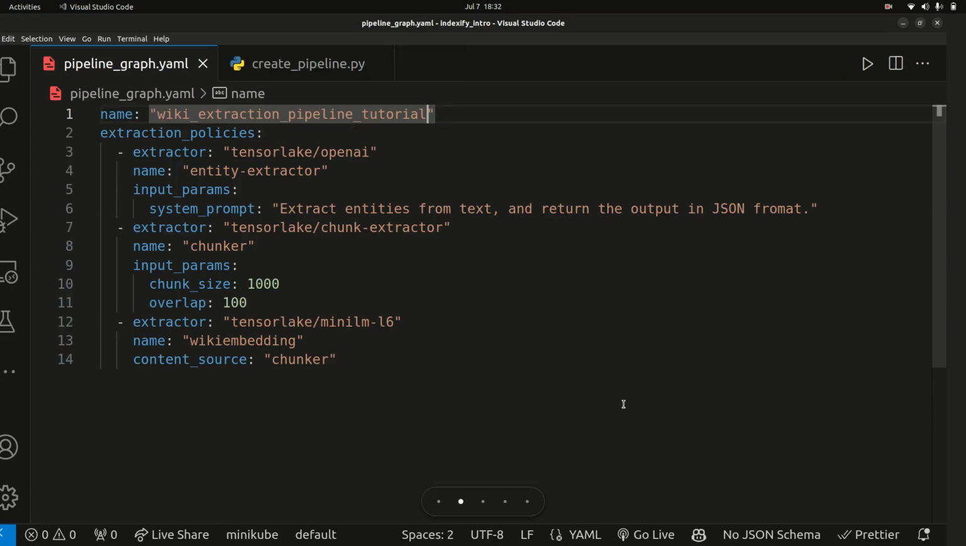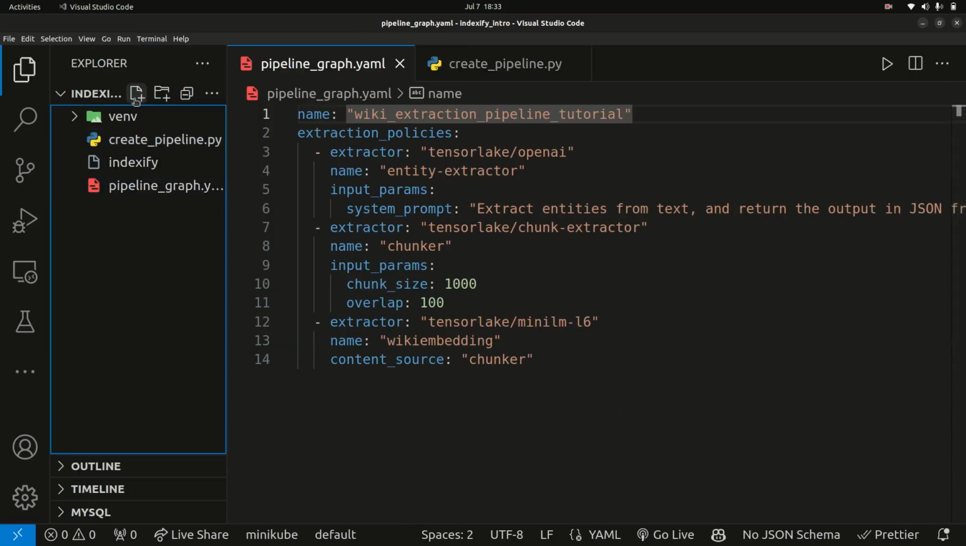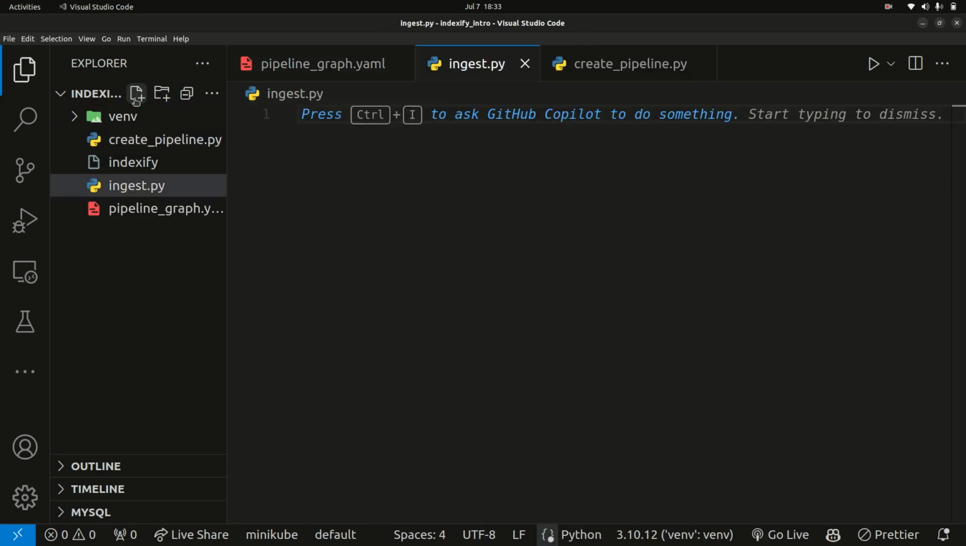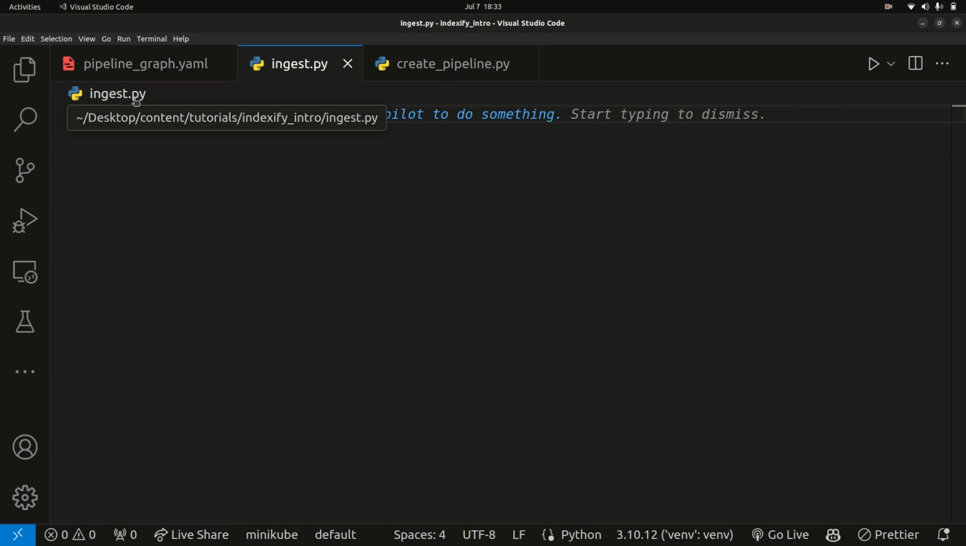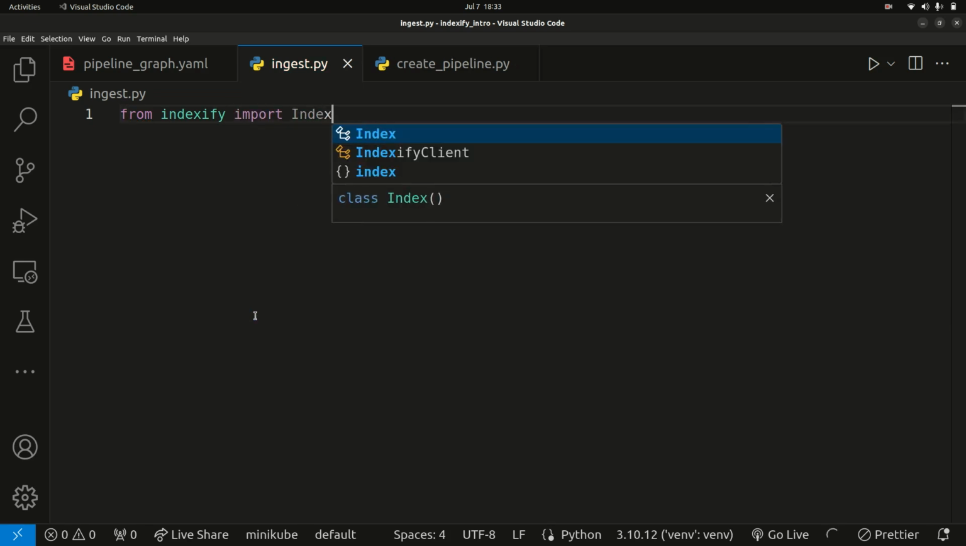Good. Once I have that, we can go back into VS Code and create a new file right here. I'm going to open my side panel and simply say ingest.py, and then close the side panel. Okay, so I'm going to add in a bunch of code. I'm going to say from Indexify, import the following: the Indexify client,